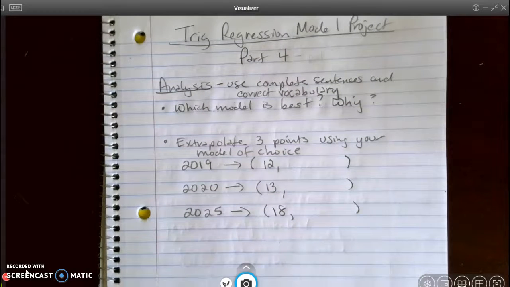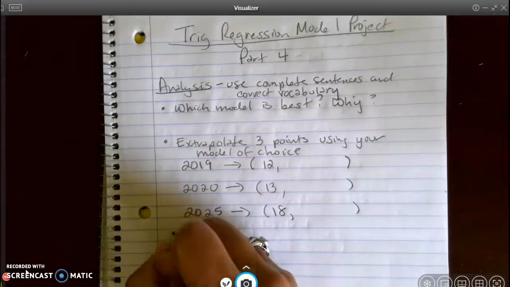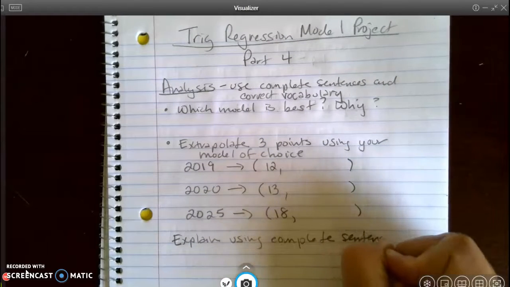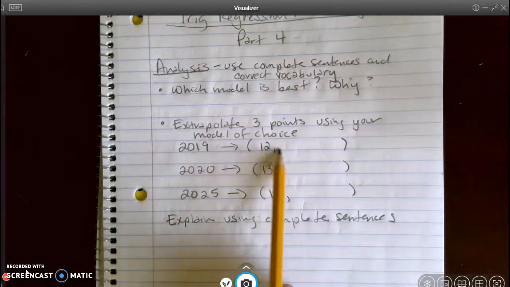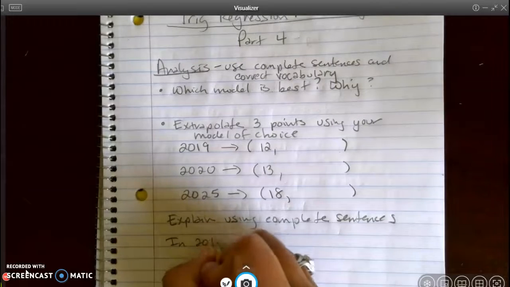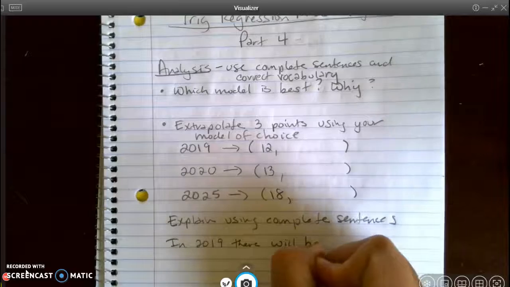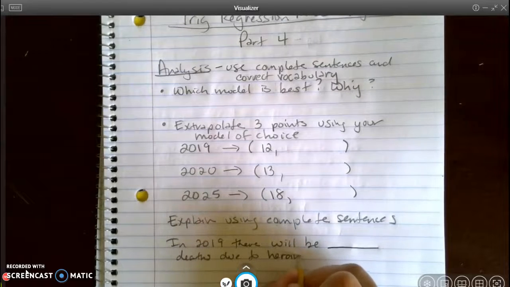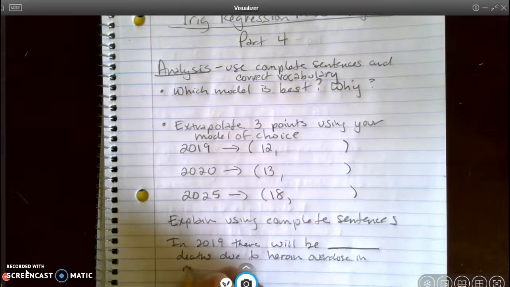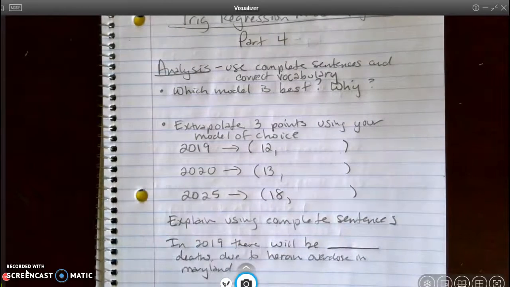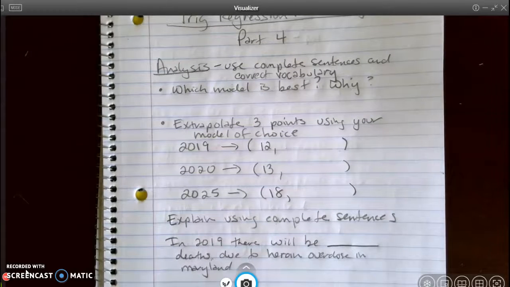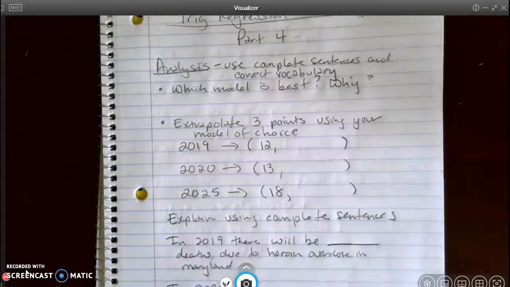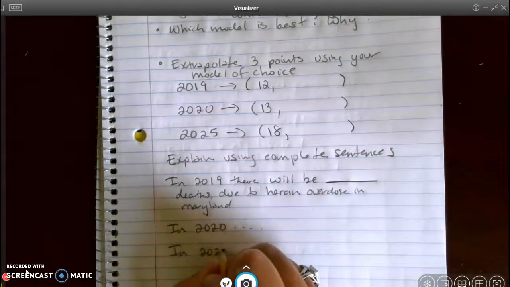But notice what it says in the directions. Explain what they mean in the context of the problem. So now explain using complete sentences. For instance, if I wanted to explain this ordered pair, I would say, in 2019, there will be blank deaths, whatever I got right here, due to heroin overdose in Maryland. I have to say in Maryland, because this is not for the world or the country or the region. It is just for Maryland. Then for my next one, I would have to say in 2020, and I'd have to write my complete sentence. Then I'd have to say in 2025,